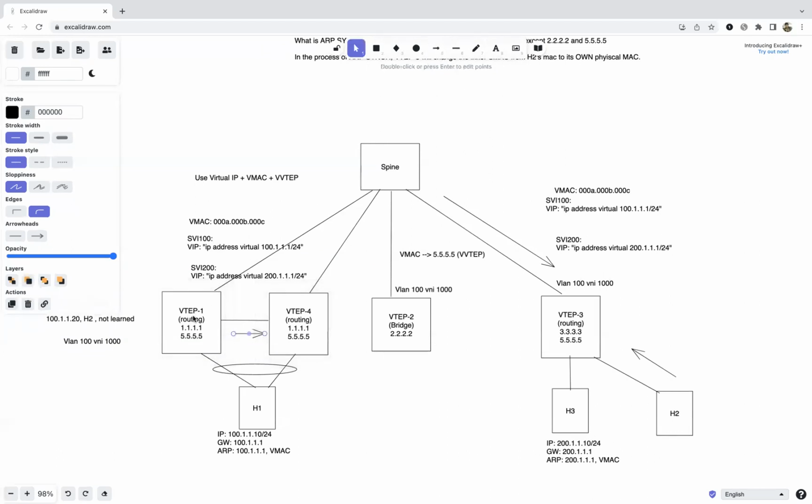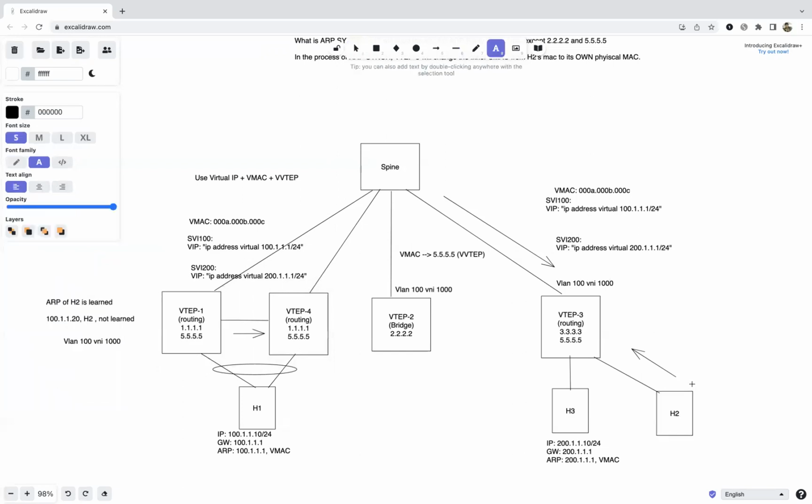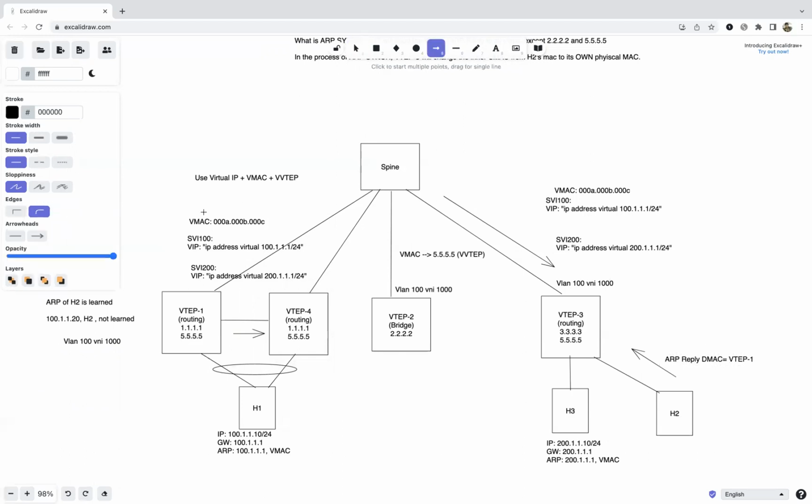Okay. So if VTEP1 sends an ARP request for H2, and H2 is sending that ARP reply with the DMAC as VTEP1 because it's VARP. Okay. With ARP reply, DMAC equals VMAC. And when that ARP reply will be received here,